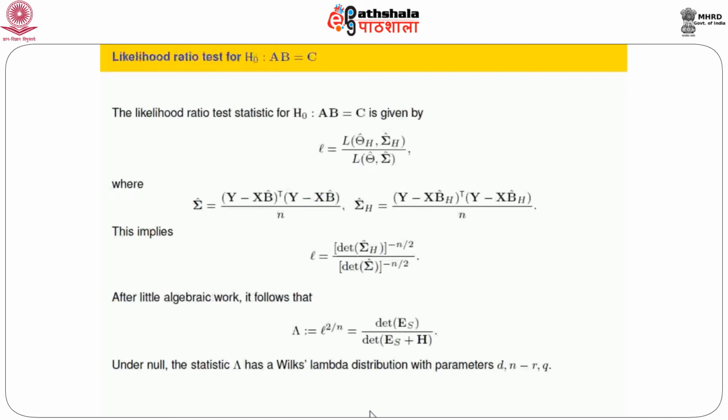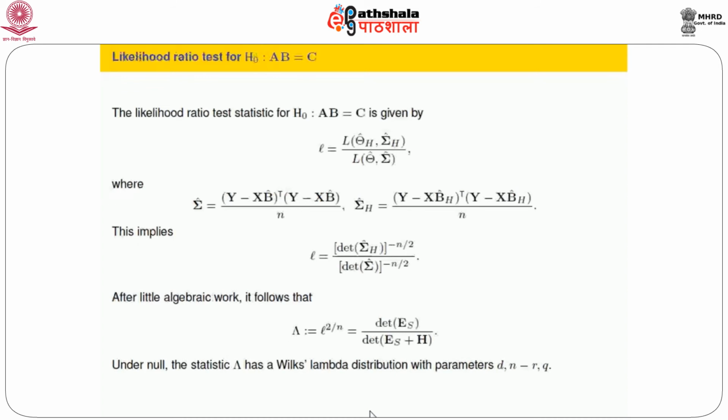What is theta h hat? We have seen earlier. It is this object, X B_H hat. What is sigma h hat? It is the corresponding error sum of square matrix divided by n. And in the denominator, L theta hat, what is theta hat? This X B hat, and sigma hat is error sum of square matrix divided by n without any restriction